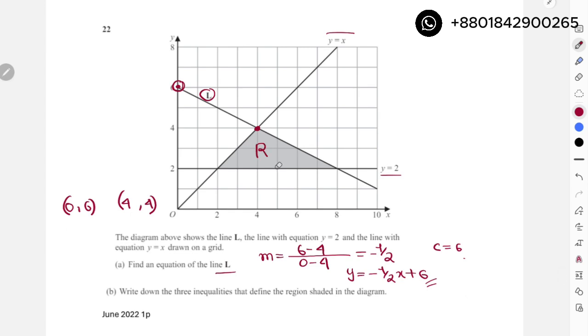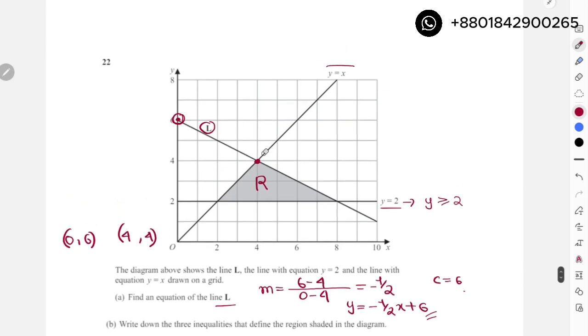I can see this is above the line y equals x. So this will be y. Again, these are straight lines, right? Solid lines. So it will be y greater than or equal to 2. And then again, this region is below the inclined line. This region is also below the inclined line. That means this is going to be what? y equals to,